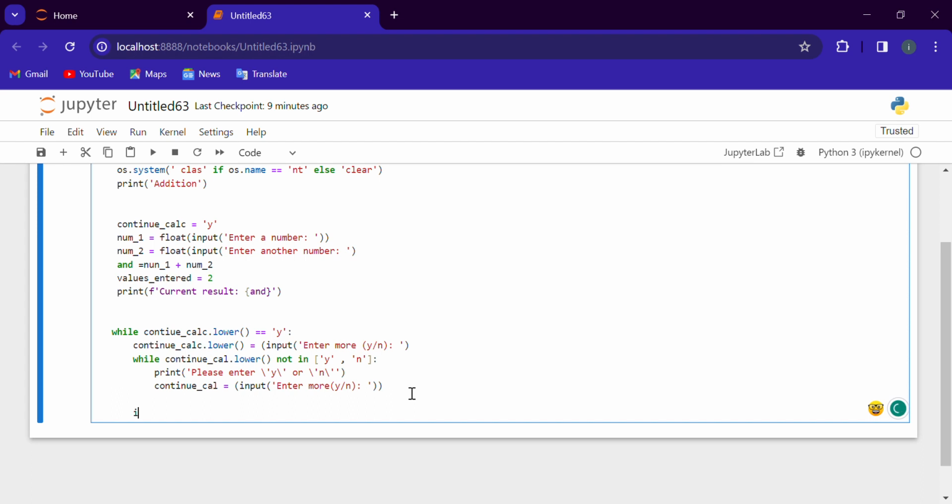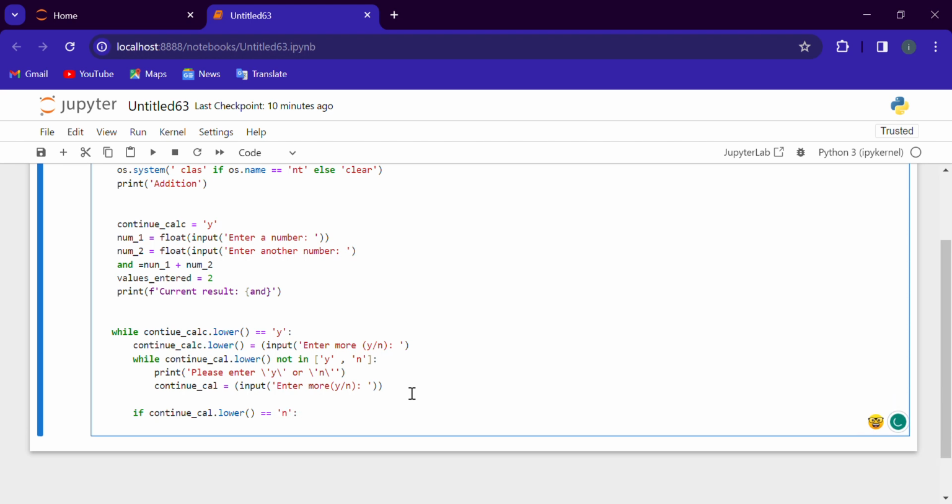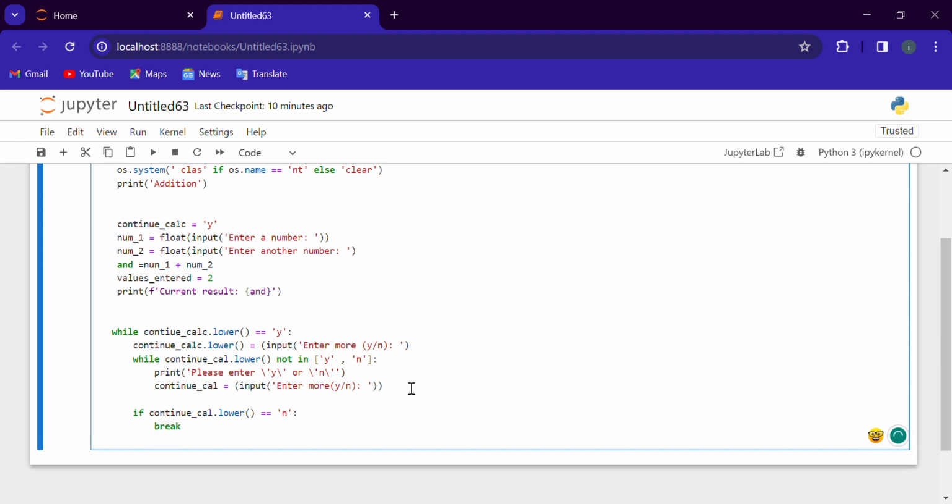Now we are saying that if continue.cal.lower, sorry, if the user says no, I don't wanna use the calculator, then break the loop and print